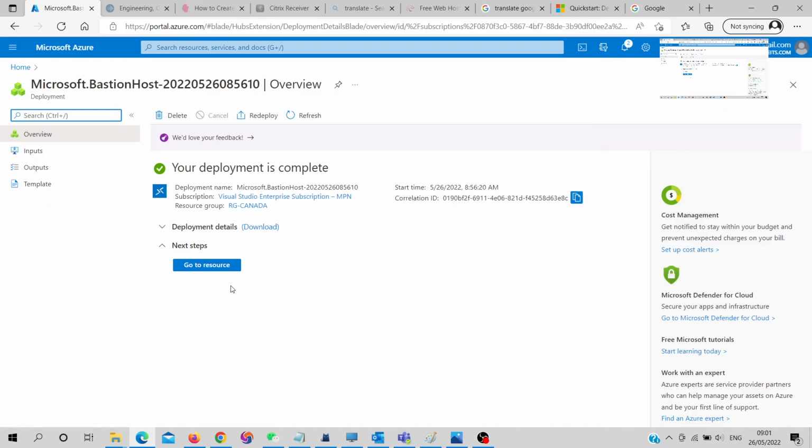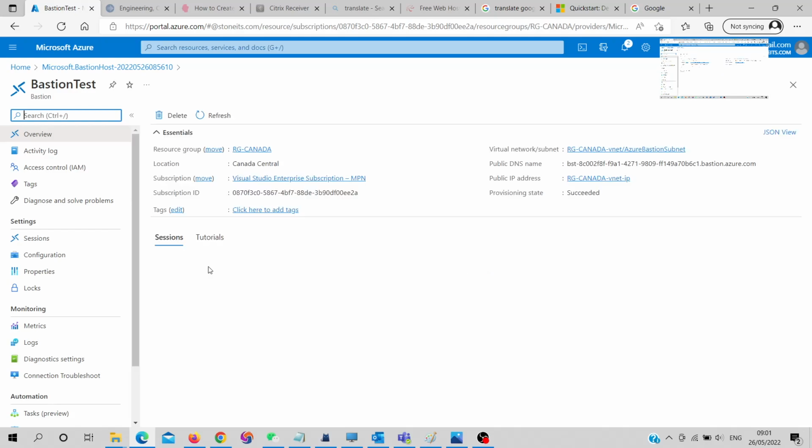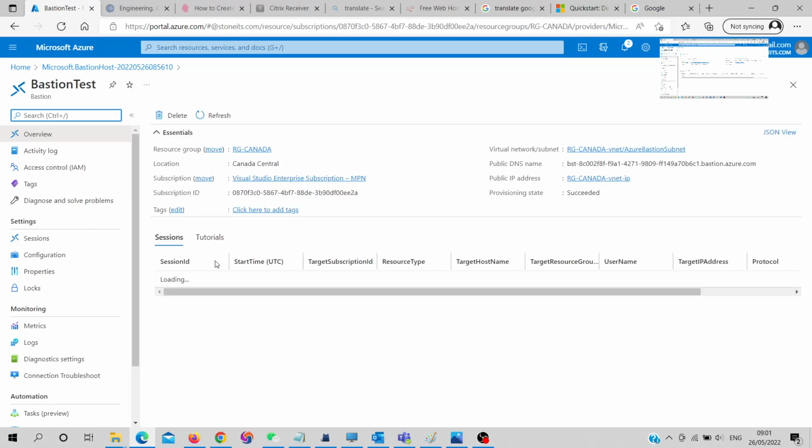So the resource has been created. Let's go to the resource and see the Bastion. So here is the Bastion resource. We can go to the sessions, and go to the configuration and properties one by one to see what parameters we can find inside. So first, go to the sessions,